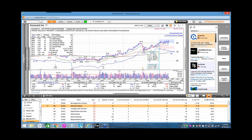So, what was resistance is now support. Look at that. It hadn't gone below it. It broke out, and now it's trading sideways a little bit. Not that exciting, but